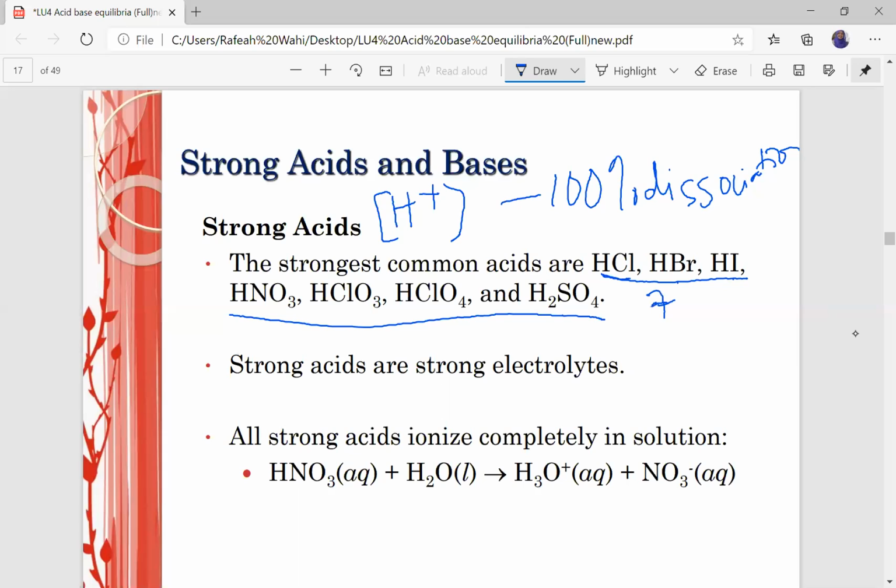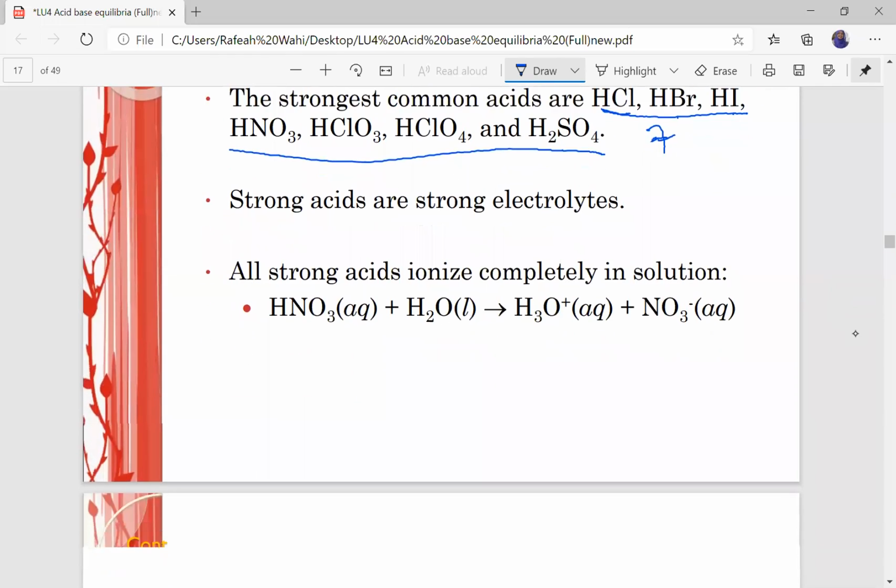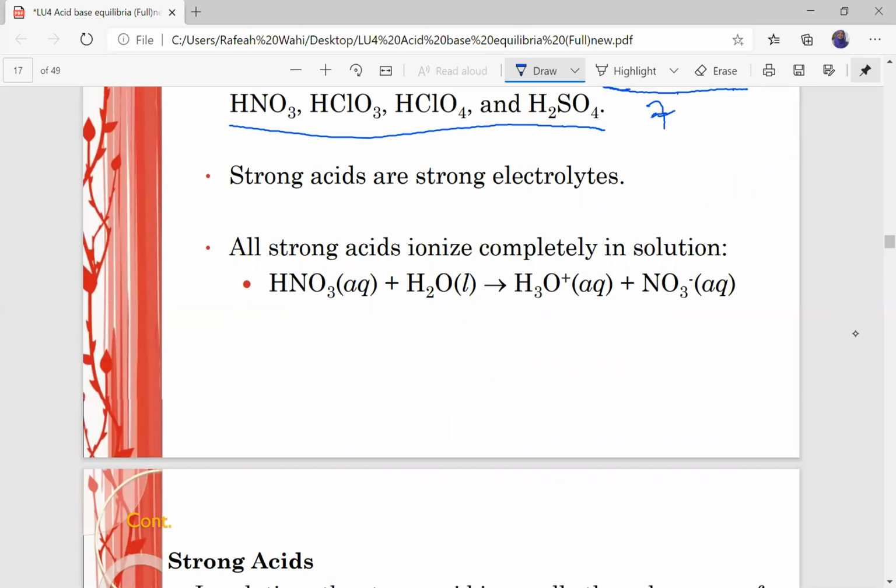Okay, these are not the only strong acids, but these are 7 common strong acids. Okay. Strong acids are strong electrolytes, because they have high content of H plus ion, and all strong acids ionize completely in solution. As I mentioned just now, all strong acids have 100%